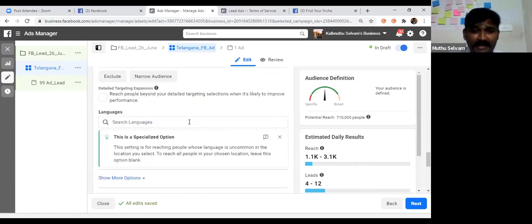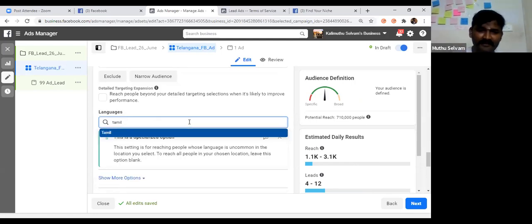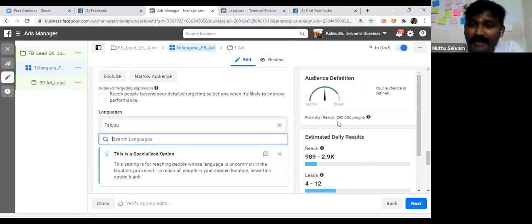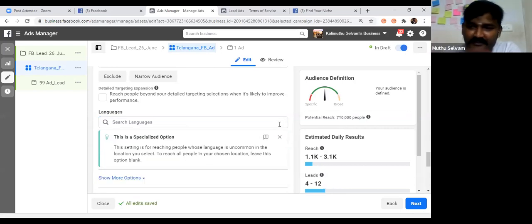Sometimes you want to select the language. Sir, I want a certain particular language, who speaks that, I want. You can make it out. Tamil, for example. Last week I took the session in Tamil language. If I put Tamil, then only people who are very comfortable in Tamil will see the ad. Understand, right? Here I can make it Telugu. Next time, if I want to take the Telugu audience, I can make it Telugu. You have to decide what kind of audience you want. That's it. Okay, I'm keeping it very simple. It's open.